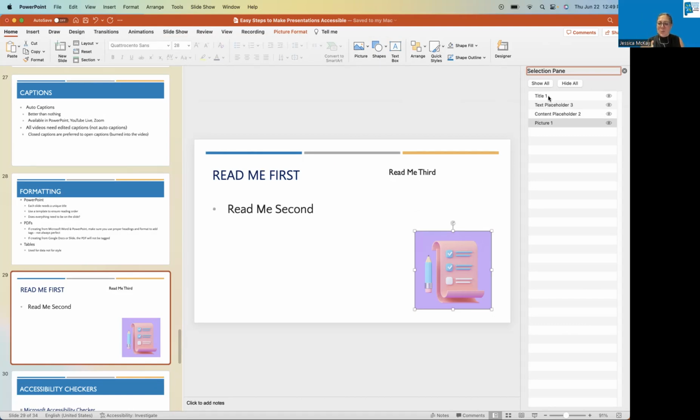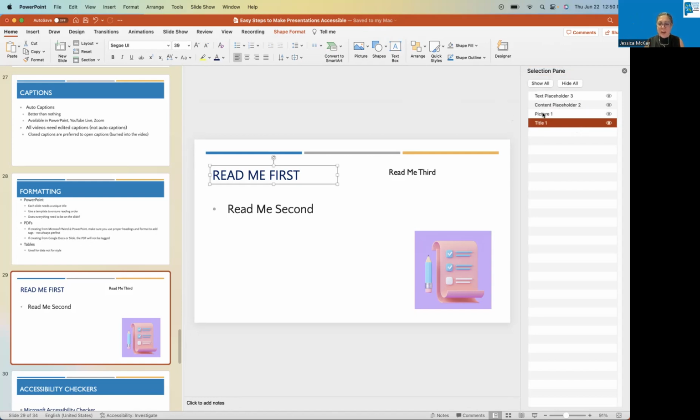So when you do this view in Microsoft, you would think the first one at the top means that's getting read first. No, it's actually in reverse. So if I want the title, meaning read me first, so I've clicked where it says title 1 and I see the little box is highlighted, read me first. So that needs to go all the way down to the bottom. So I'm dragging it down there.